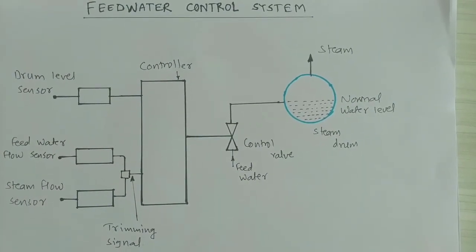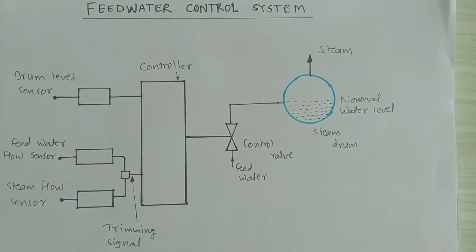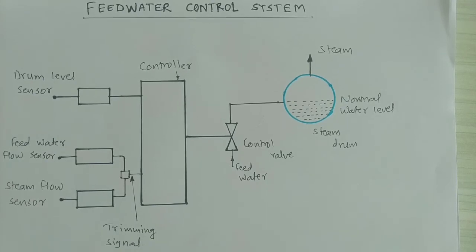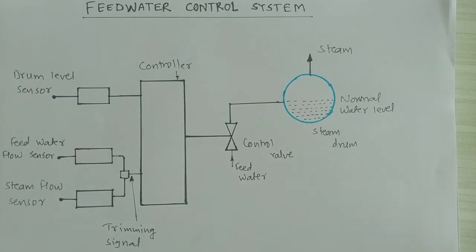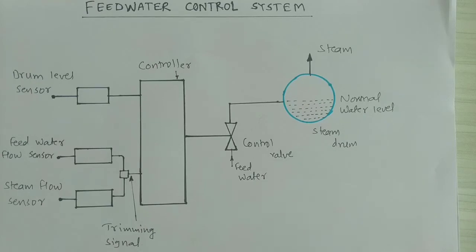In this way it works, and that's why it plays an important role in the modern thermal power plant or steam power plants. Another significant advantage of this system is that adding a feed water controller allows measurement of the controlled variable by measuring the feed water flow and controlling it to a flow set point. Another one is that feed water equals steam flow to maintain the drum level over the boiler control range. So these are some of the advantages of the feed water control system.